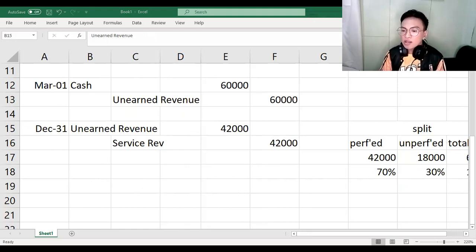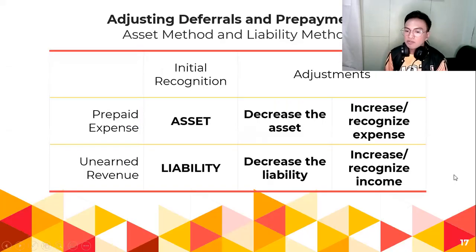Or the prepayments na tinatawag. Ngayon guys, ano yung simpleng pag-understand sa kanya? Okay? What we use are the asset and liability methods of recognizing the prepayments and liabilities. Yung nasa screens po natin ngayon ay yung summary of how we adjust for deferrals and prepayments. If we correctly recognize them as asset and liability, since we are following accrual basis of accounting,